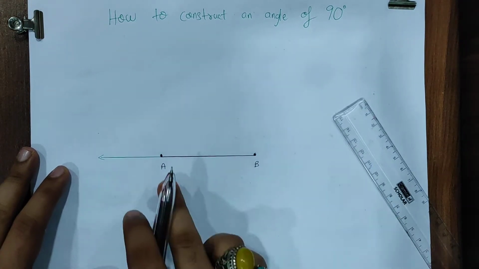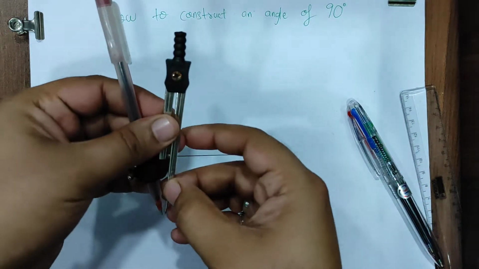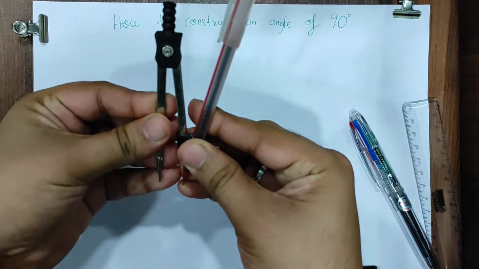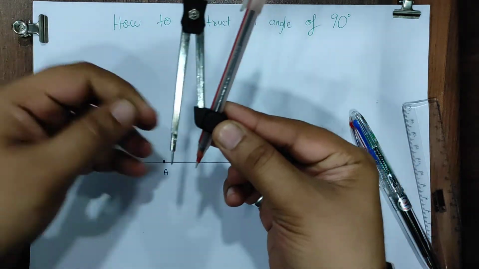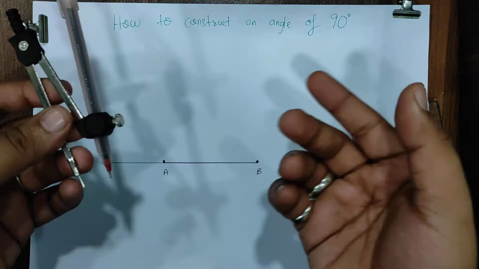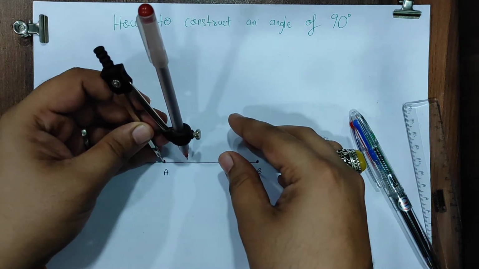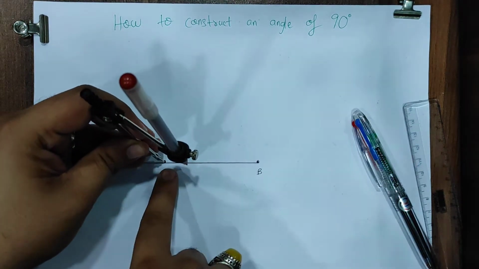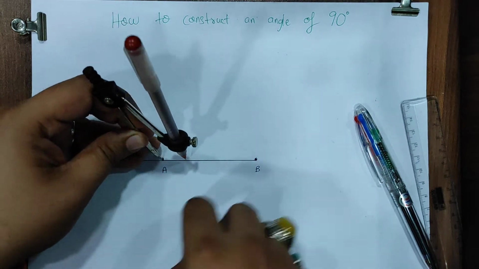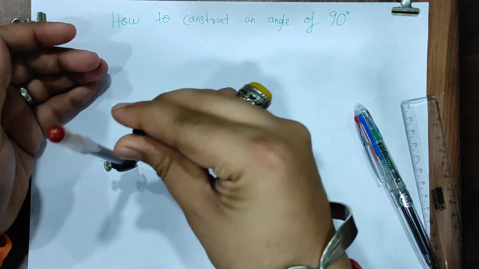Now listen very carefully. I want to make an angle of 90 degrees at point A. It should compulsorily be drawn with the compass, not with the protractor. In your compass, take any radius, preferably, if somebody wants to measure, approximately 2 centimeters, and keep the pointer of the compass at point A, where we need to make the 90 degree angle. Mark an arc over here with the same radius.